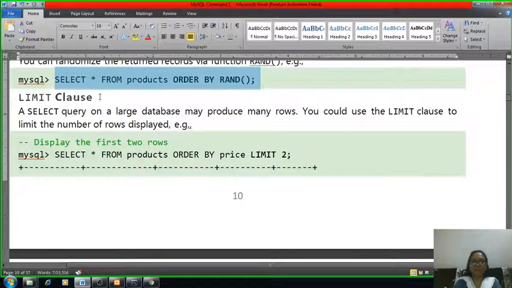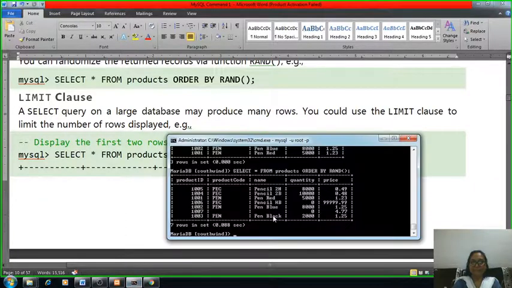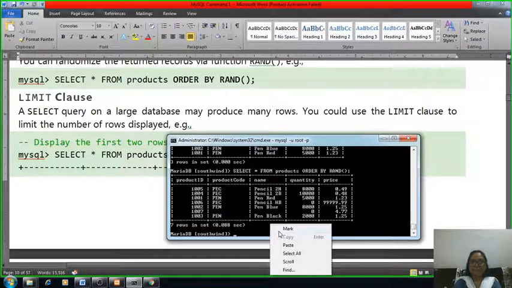For this you can use the LIMIT clause. SELECT * FROM product ORDER BY price, which displays in ascending order, and LIMIT 2 means only two records are displayed and the rest are skipped.